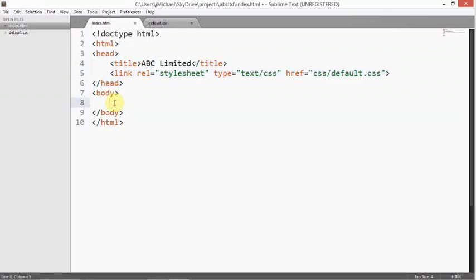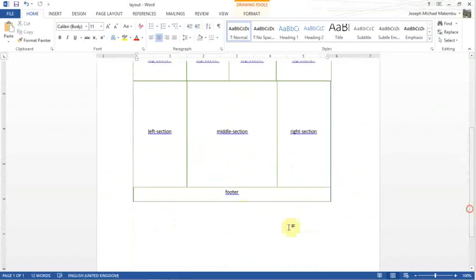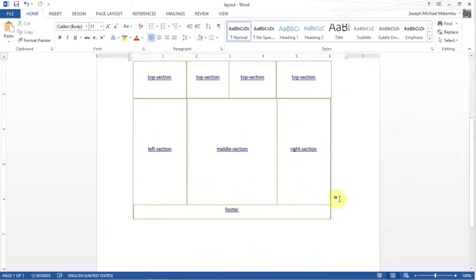Inside the body, this is where we are going to create the different sections of our page. You saw earlier the layout we're going to have and the different sections. So just to go through it again, let me just count the different sections. We have 1, 2, 3, 4, 5, 6, 7, 8, 9, 10, 11, and then 12 for the footer, and 13. Where is the 13th one? The 13th section